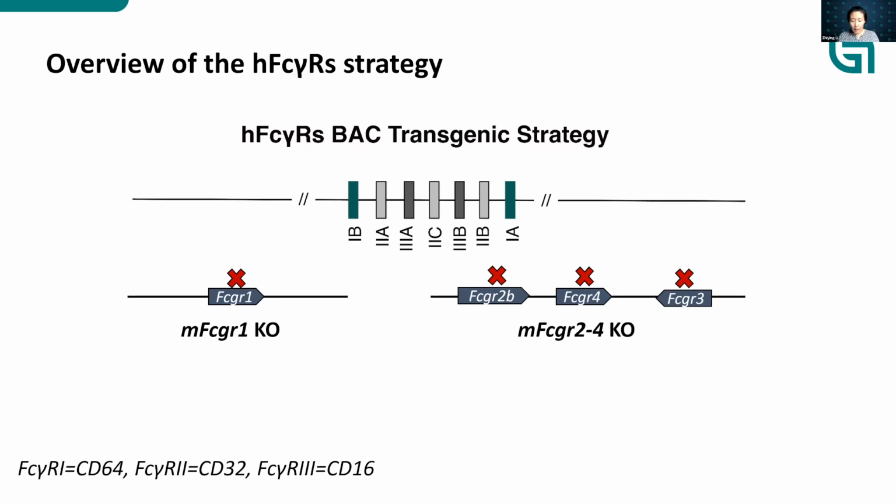For the human side, it is probably even more challenging, because the entire human FcγR receptor locus is one chunk, all living on chromosome 1. However, they span 40 megabase pairs. This is not a trivial effort for any knockout or knock-in strategy. So what we did to bypass the challenge is we took advantage of the BAC transgenic